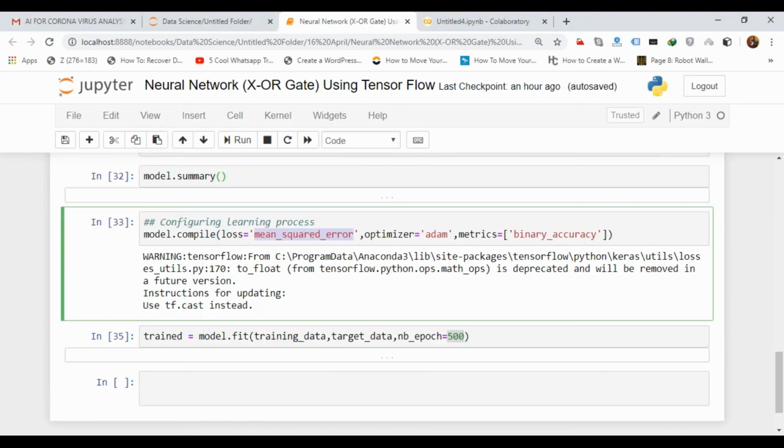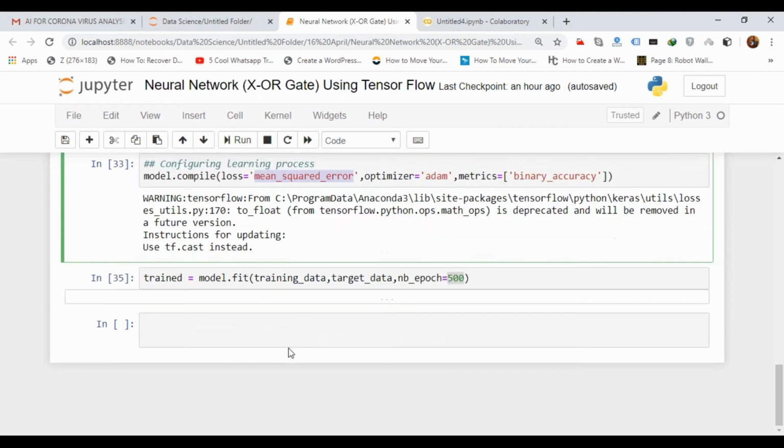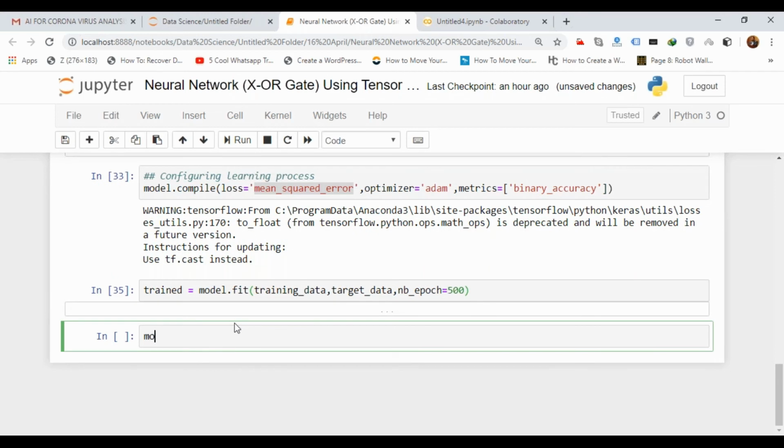The last thing that we can do is to predict the value. So let us predict the value. Model dot predict, and here I will pass the training data. Model dot predict the training data.